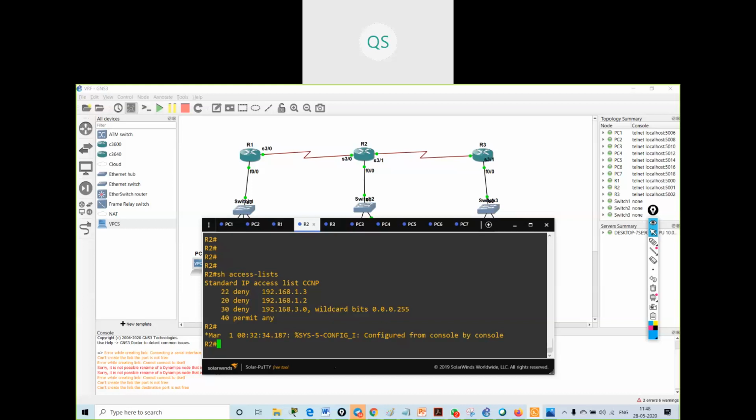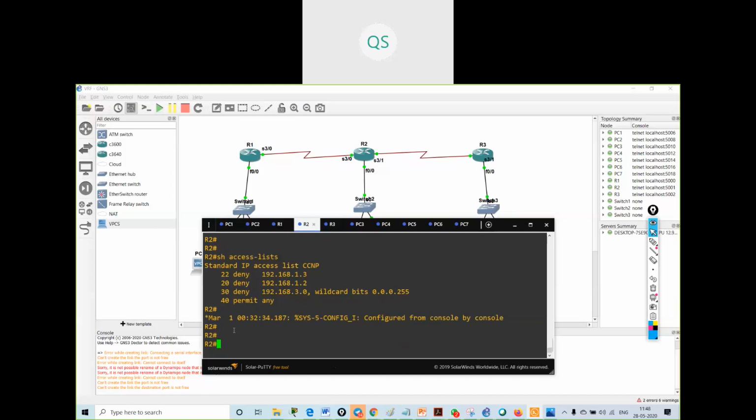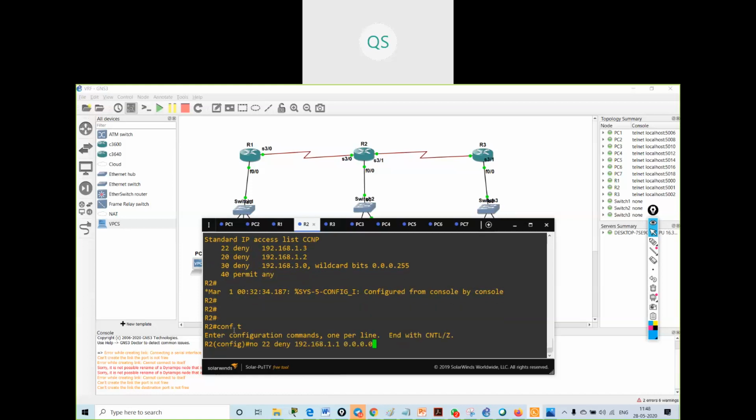We have seen in our Packet Tracer CCNA labs that whenever we added any command, it came below. So I don't know what the issue is. Might be some GNS3 issue.